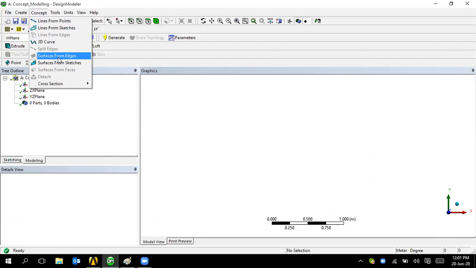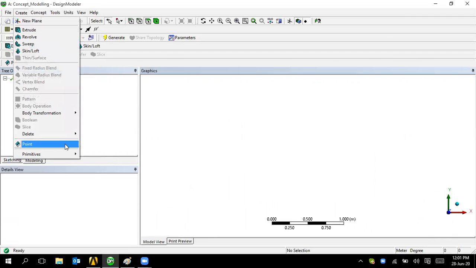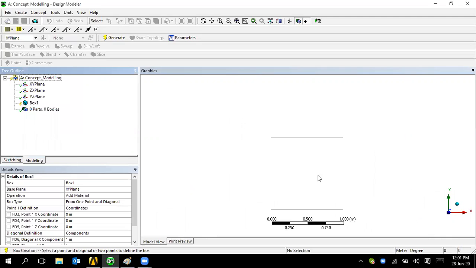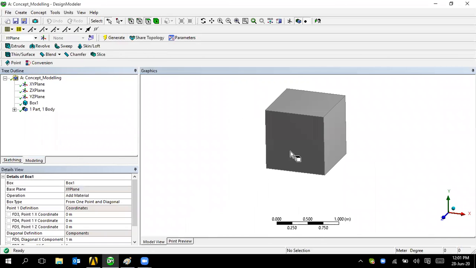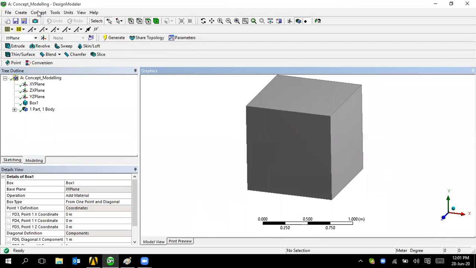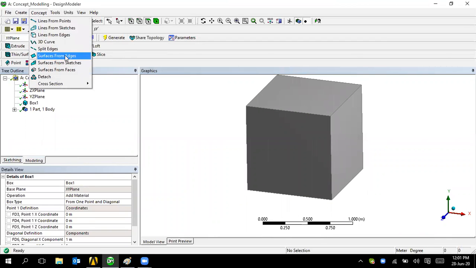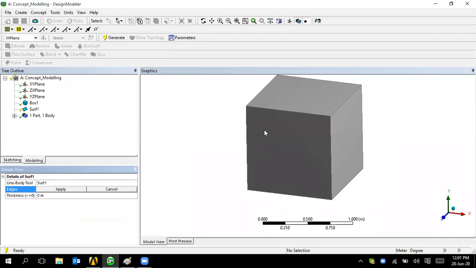For surface from the edges, you first need to take any one primitive, so that it is replicating like this, and what you do next is create surface from the edges. Even though you have a 3D body, from the 3D body you are going to extract a 2D body.